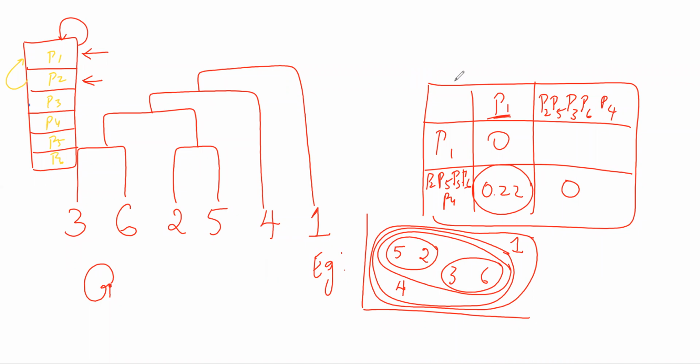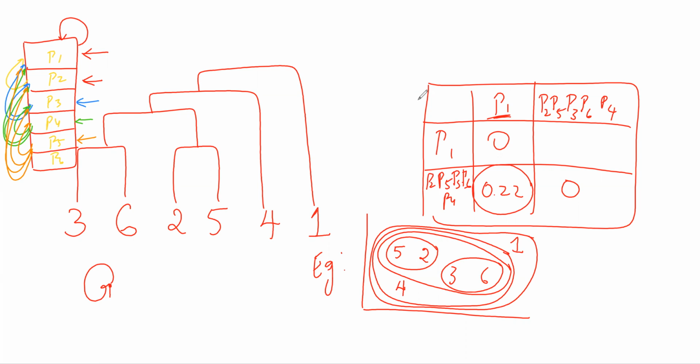From P3, I got a new point coming into the picture. From P3, I identified the distance to P2, and again from P3, the distance to P1. Then I got the fourth point coming into the picture. I took the fourth point and identified its distance to the third point, the second point, and the first point. When I got the fifth entry, I again had to check the data point from P5 to P4, P5 to P3, P5 to P2, P5 to P1.